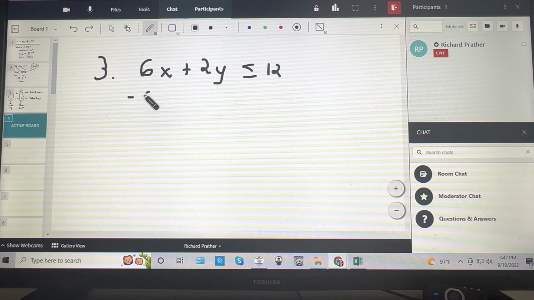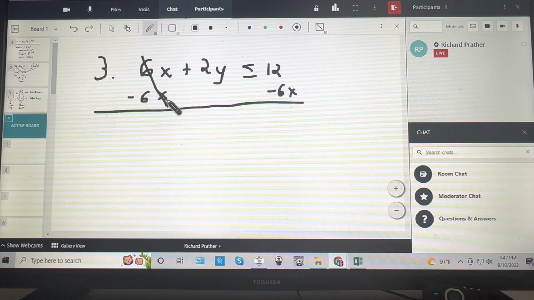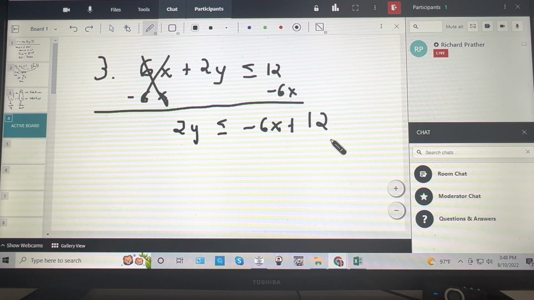The main way to do this is solve for y. And anytime you have both an x and a y, this is always a good method. Sometimes the intercept method is less work, but that doesn't work every time. This works every time when you have a diagonal line. Divide. Now here's a key thing. If you divide by 2